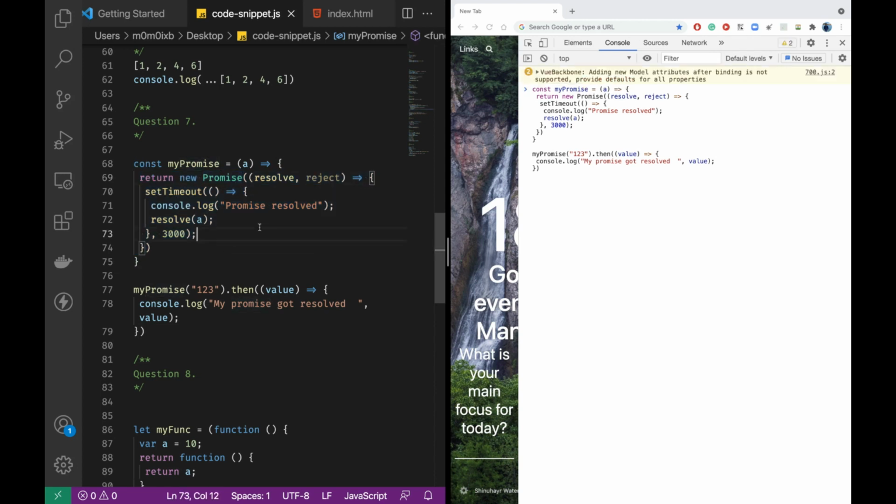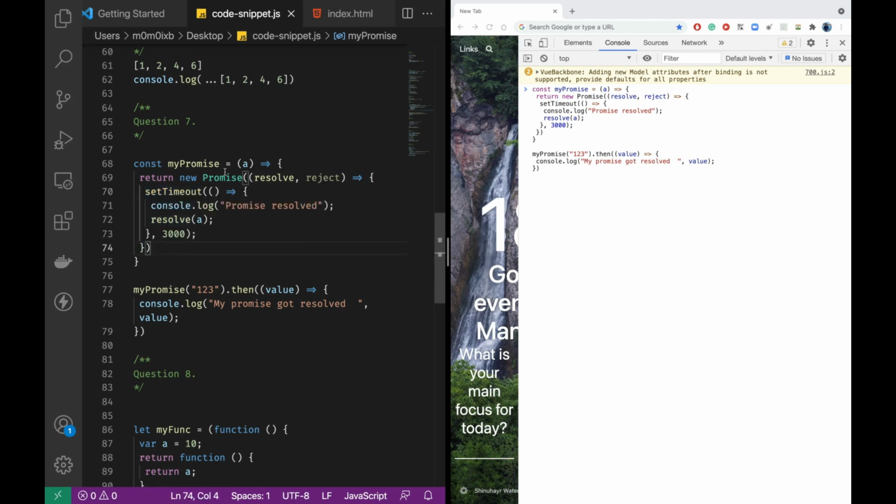So now we can create a promise by using this constructor called Promise, and it takes a callback, as you can see. The callback will have two arguments, resolve and reject. So that's about creating new promises, and we are returning that promise. I just explained it because some of you may not know how to create a promise. Now inside of this we have a setTimeout, which is a timer. We are providing a callback to it. As we have already discussed, setTimeout takes a handler, a callback, and the timer. So that callback will run after 3 seconds. This particular code will run after 3 seconds. That's what the timeout does.